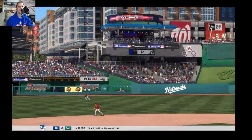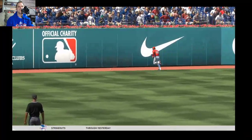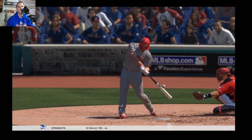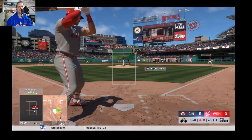So you see here Moustakas goes the other way. They had him shifted. And with that shift there, Soto was well out of position. So we'll see if the Reds can get him in. Moose just went the other way with it. So good piece of hitting. That'll bring up